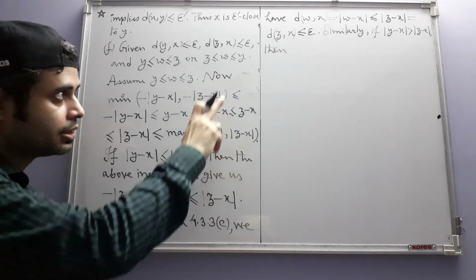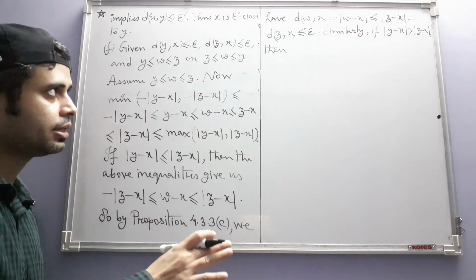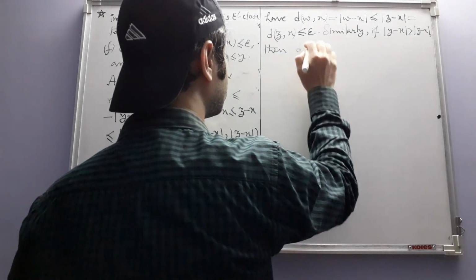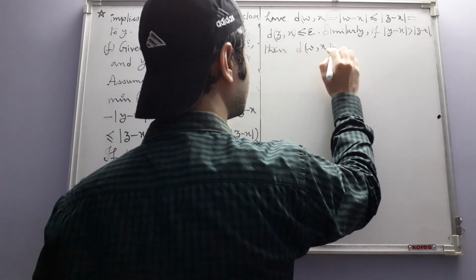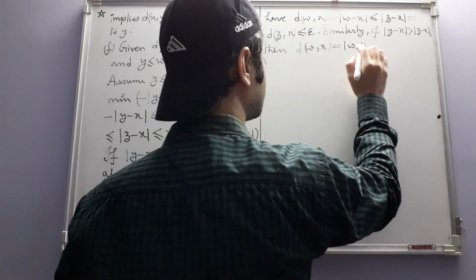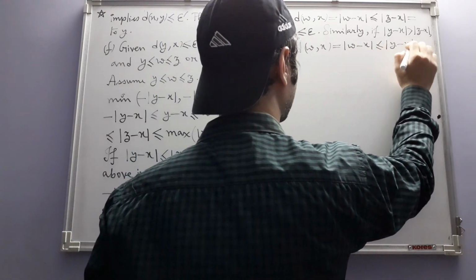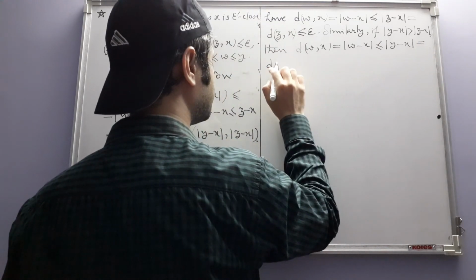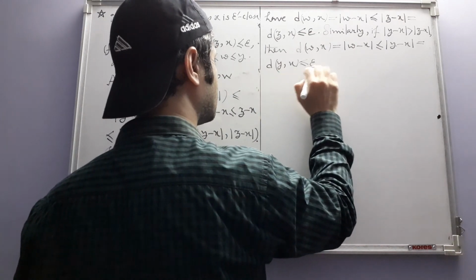Now because here this one is the greater one, we will have mod y minus x. So in this case, will be less than or equal to y minus x, which is equal to this. So again this is less than or equal to